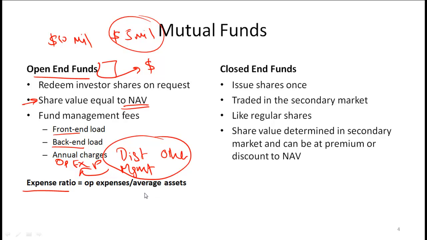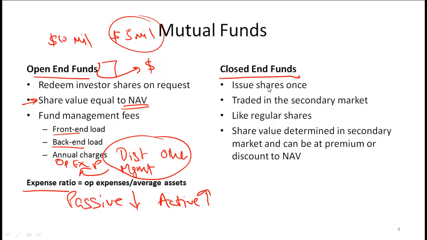Now obviously, all else equal, you generally want to invest in mutual funds that have a relatively low expense ratio. You have seen this also earlier in other topics where, very simplistically put, the expense ratios of funds that simply track an index are going to be lower than actively managed funds, which are trying to constantly look for undervalued securities. So if you recall, passive funds which are simply trying to track an index will have relatively low expense ratios, and actively managed funds will tend to have high expense ratios.